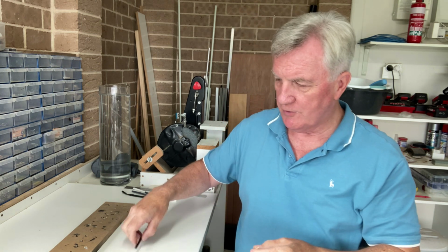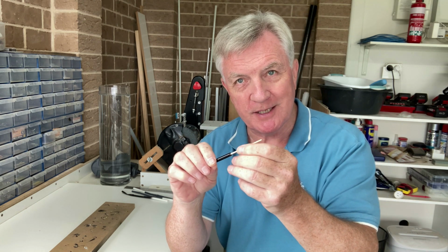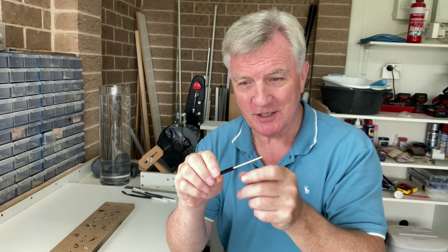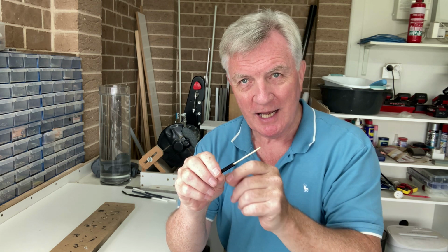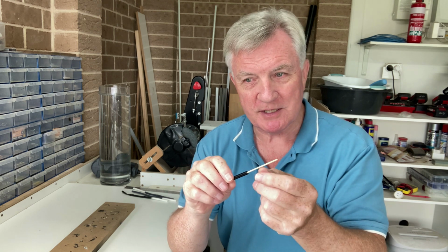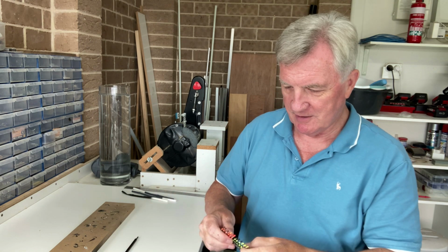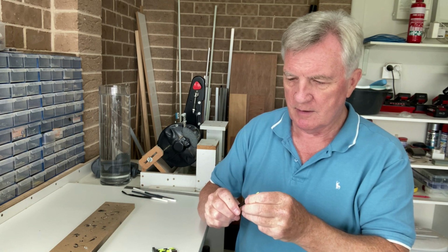And what you're looking for is just a reasonably loose fit, because remember, when you put these in, they're going to have paint on them. Probably a couple of coats at least, and maybe a coat of varnish, so you may find that you have to mess about a little bit. Have a bit of practice first of all, put one in, try a coat of paint and see what happens. Luckily, I don't have to worry about that because I've made all these. So what we're going to do now is put that in,